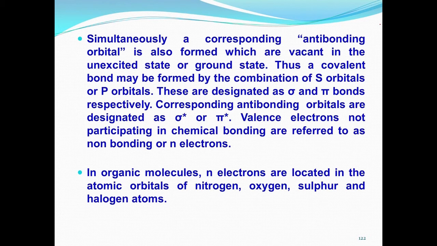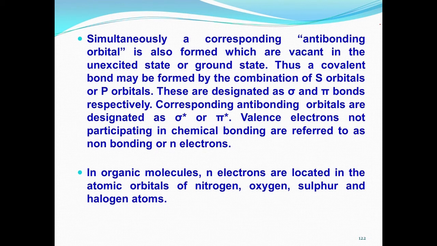So, whenever there is a direct bond formation, we call it a sigma bond. If it is a single bond, we call it a sigma bond, and if there is a double bond, one of them would be a pi bond. So, in acetylene there is one sigma bond and two pi bonds, it is a triple bond. In ethylene there will be one sigma bond and one pi bond, so it is a double bond. In methane etc., there are only sigma bonds.